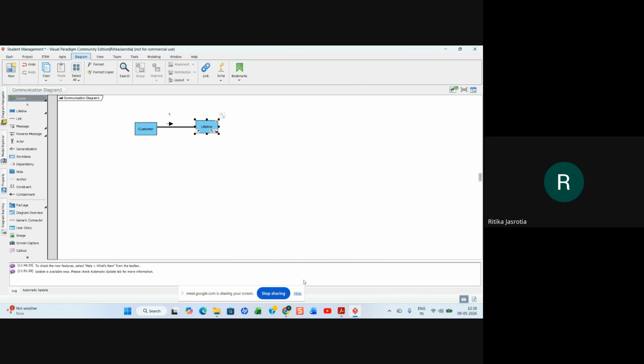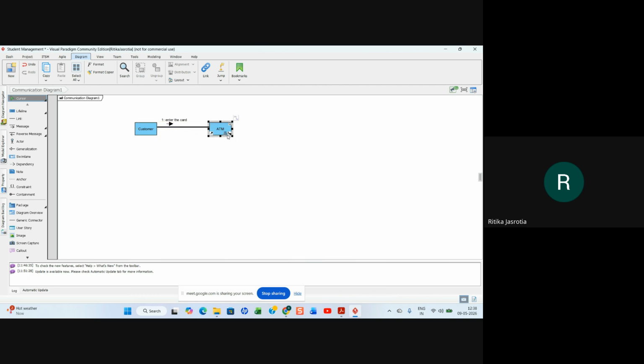Now you can have whatever message you want to send. So customer is sending to the ATM, right? And what is the message? Enter the card. So he enters the ATM card in the ATM. The first message is this, right? So you can put the message like this.